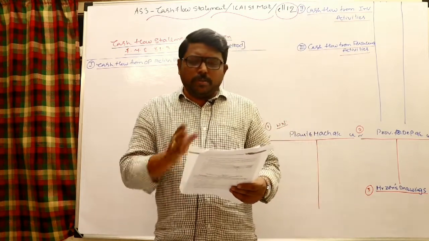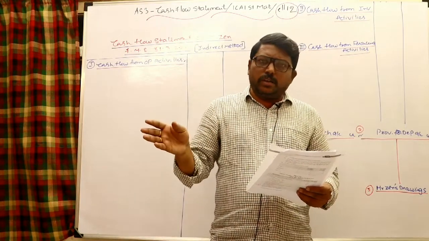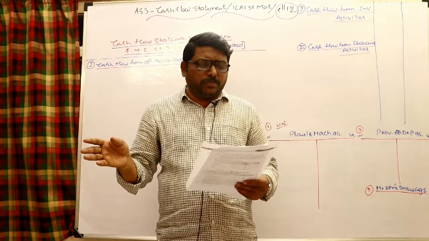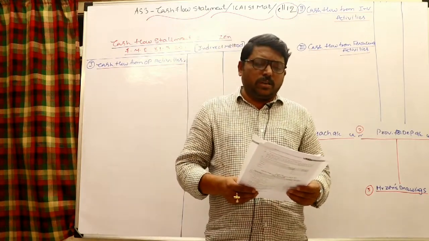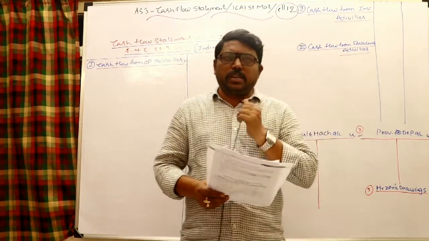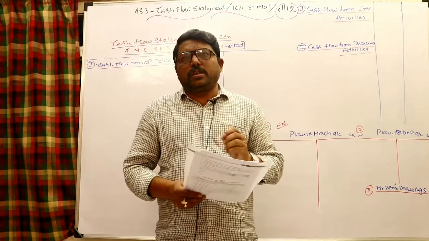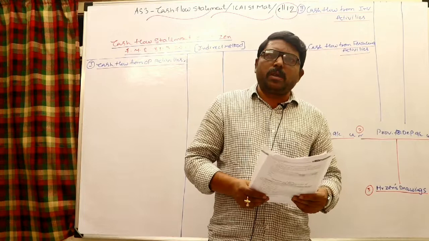And moreover, in the beginning there was a provision for depreciation 2 lakhs, at the end 3 lakhs 20,000 provision for depreciation. Net profit of the year is given as 3 lakhs 60,000. Whenever a provision for depreciation is mentioned in the beginning as well as at the end, it indicates that they are calculating depreciation not by the normal method but by the provision method.